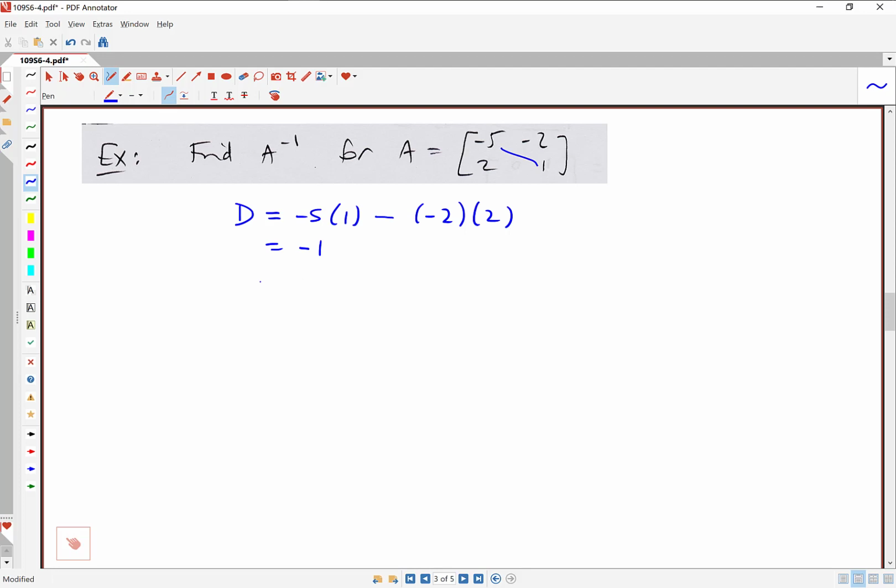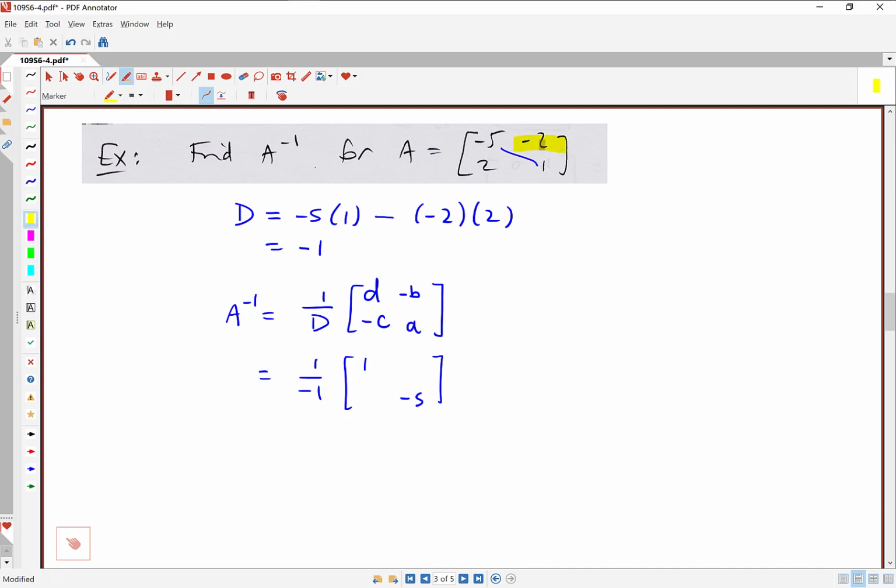So that's our determinant. Now I'm going to write down the formula for A inverse. We're going to go 1 over the determinant times, and now we're going to change some of the entries of our matrix A. We're going to swap the diagonal entries, and we're going to change the signs of the off-diagonal entries. So this is going to look like 1 over -1. The -5 and the 1 are going to change position, and the off-diagonal entries are going to get their signs changed. So this -2 is going to become a +2,